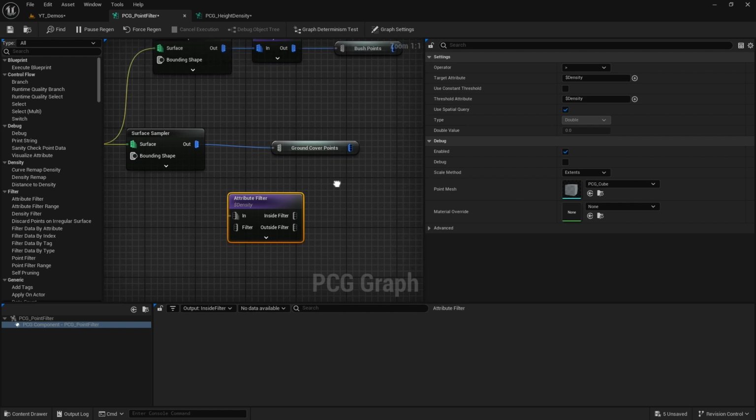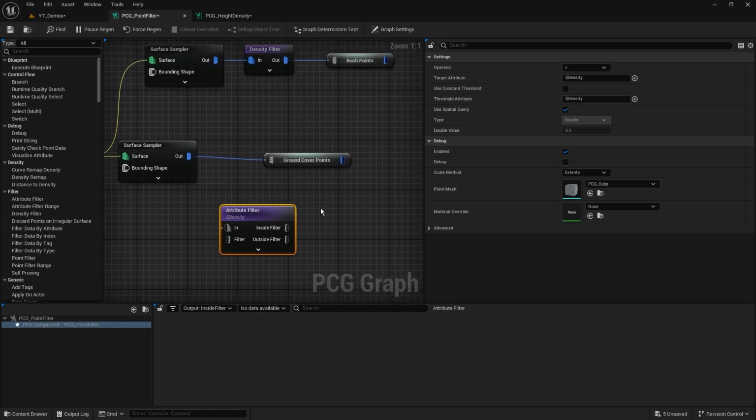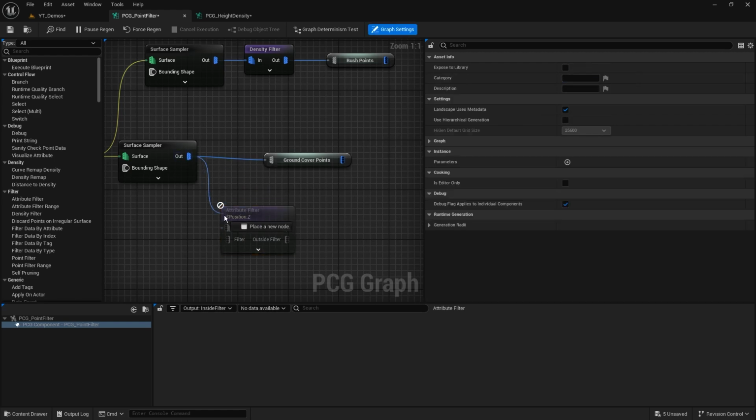So rather than us having to go through and using the normal to density, the height to density, we can actually create filters based on a property. And in this case, the one I'm going to look at is if I go over here to target attribute, rather than filtering by density, I'm going to go to position. And the position I actually want in this case is Position.Z. So we're going to add a dot at the end and then a capital Z. And that's going to say, okay, if this value is greater than a defined value on my position of Z,